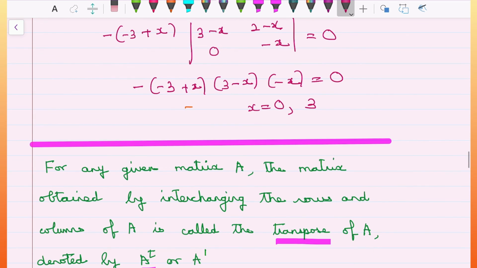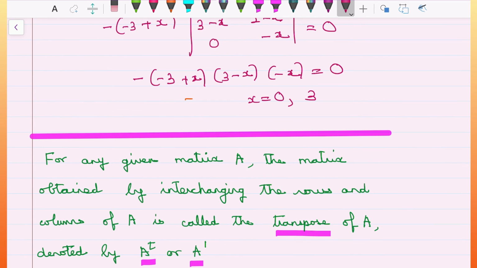Now for any given matrix A, the matrix obtained by interchanging the